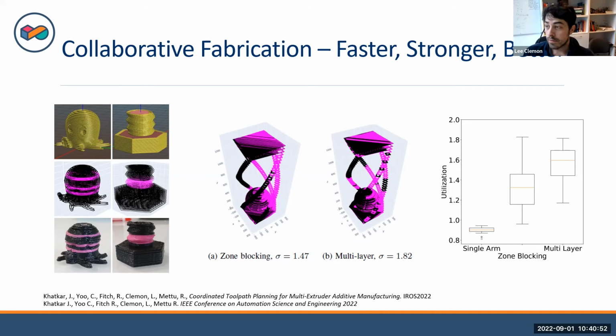Now, there's a simple way to split up fabrication, and that is to divide the area that is being printed into segments and just say, okay, robot 1, you take this half, robot 2, you take that half. And if you do that, and you have parts that overlap these sections, you cause conflicts at the boundary and less than optimal allocation of the deposition path itself because of the relative motions that the arms have to do around each other. If you don't restrict that and you allow the robots to actually enter space that is closer to the other arm than to itself, you can increase